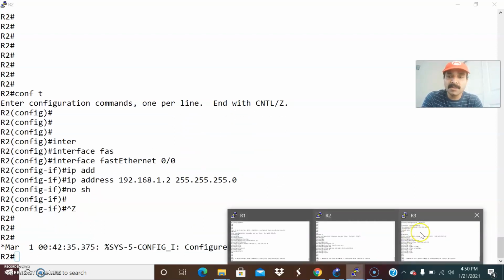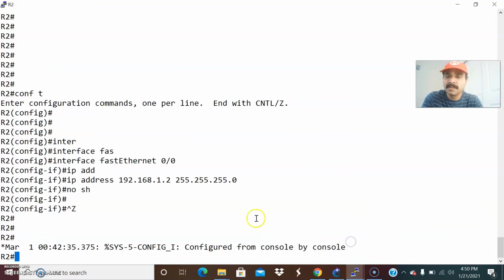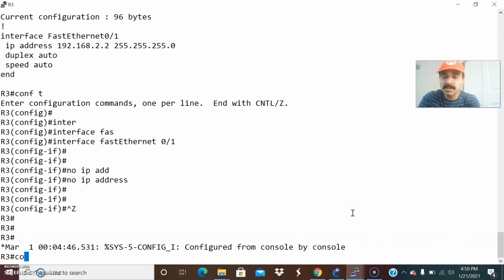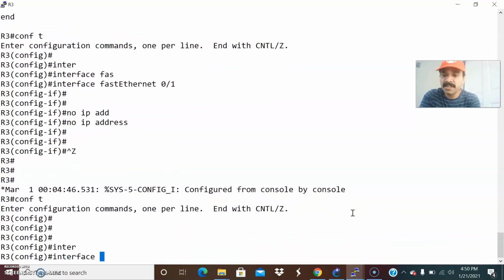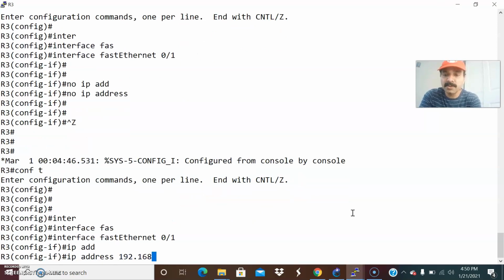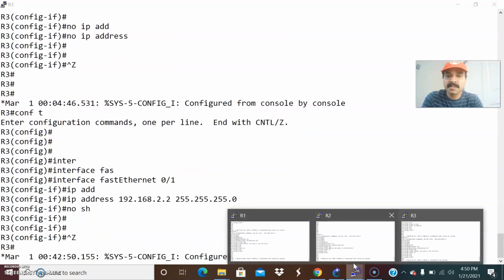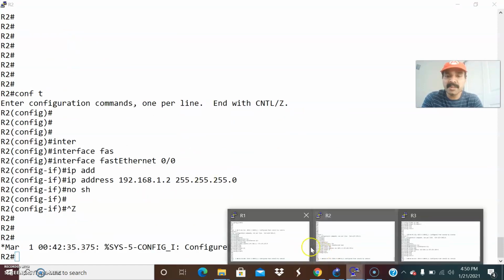Now let us go to R3. On R2 I activated 0/0 and on R3 I have to activate 0/1. So go to configuration mode, interface FastEthernet 0/1 and the IP address is 192.168.2.2, 255.255.255.0, and let us do a no shutdown. So all these interfaces we have activated.